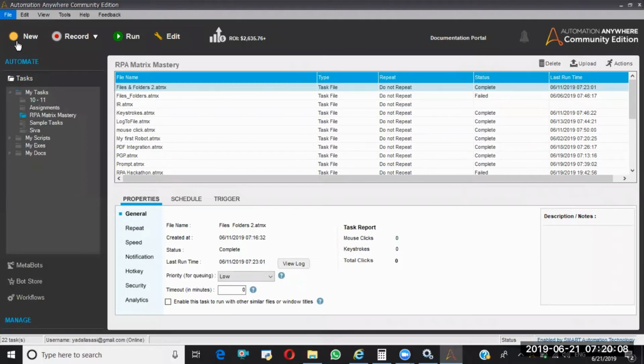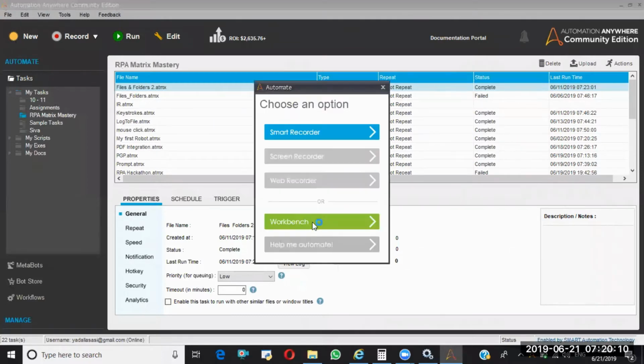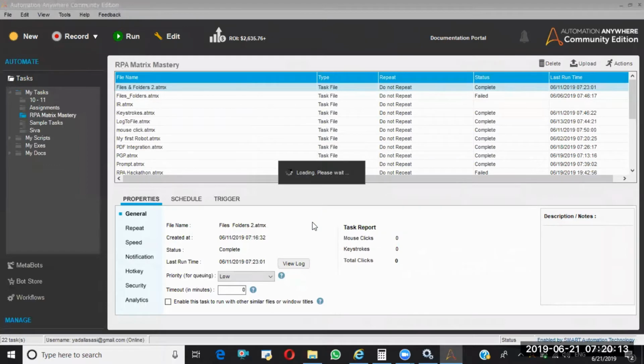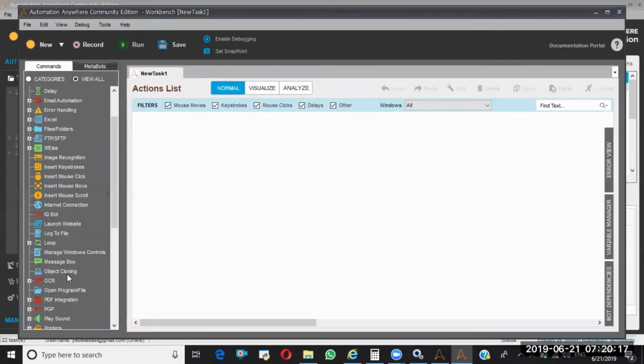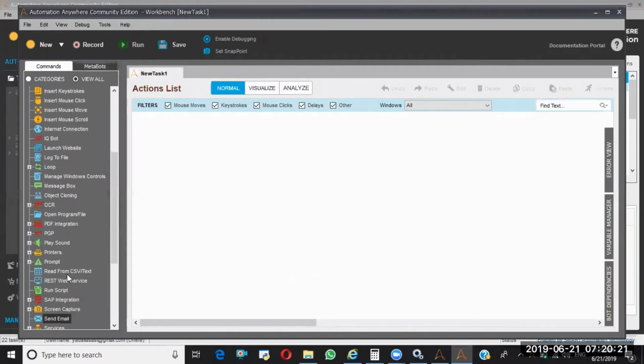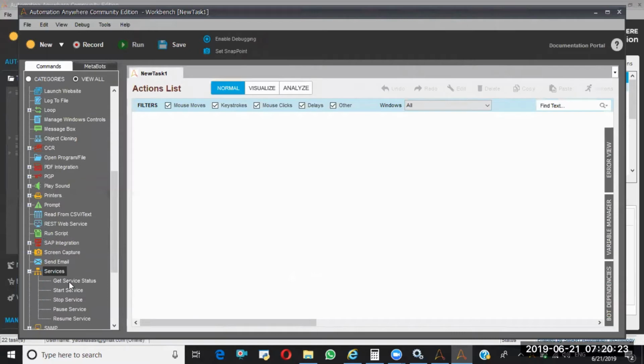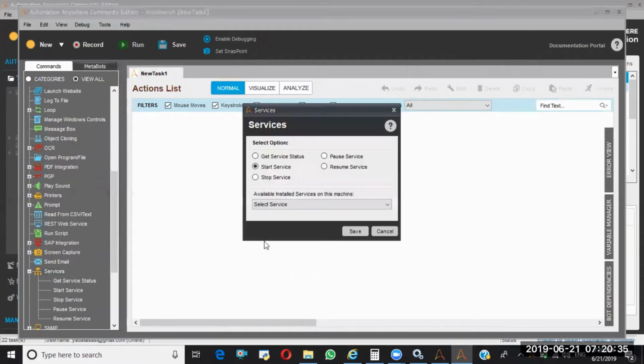Now I'm taking a new workbench. So services are there. First, you are going to start a new service. For that, select the start service.